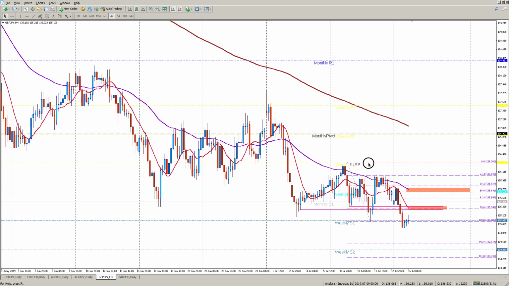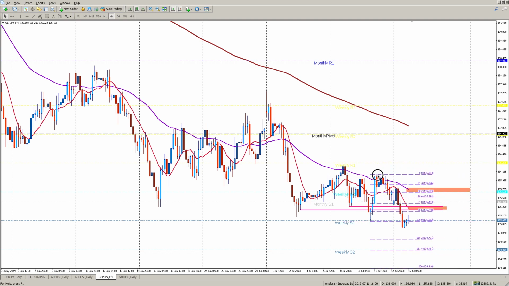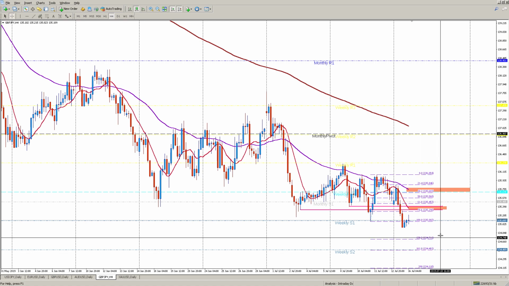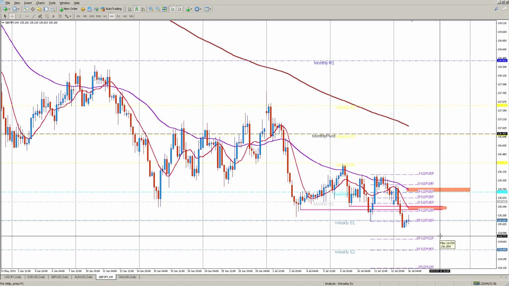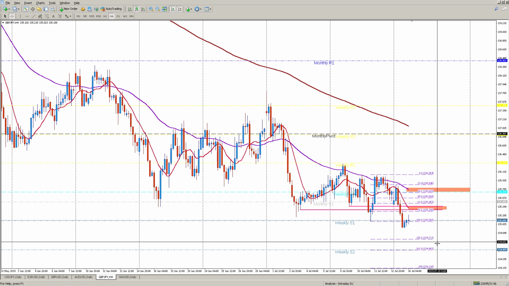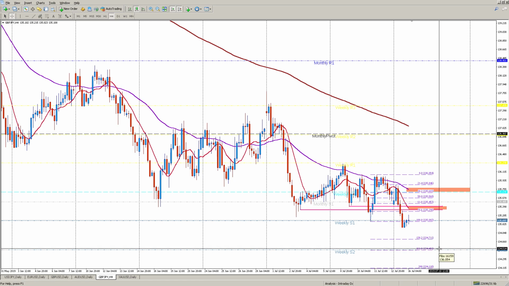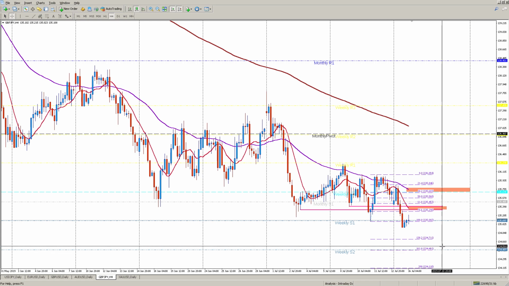If we take the next lower swing of last week, that reversal move, potentially we could have a TP1 at 134.80, and then another TP at the 134.50 area or 55,